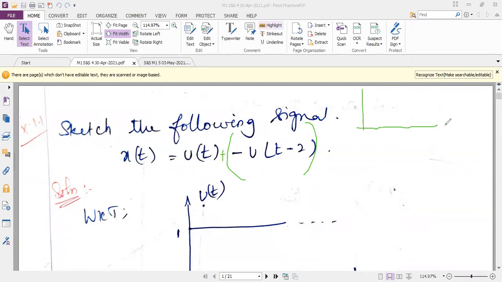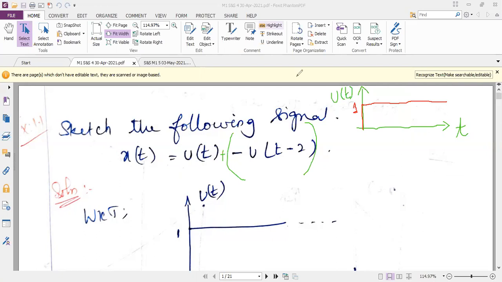Write the solution, everyone. So along the x-axis, I have the time t. It is a unit step continuous time signal. So that's why I can write unit step continuous time signal. So you can see my screen, unit step. So the amplitude is 1. So unit step signal means at 0, the amplitude is 1. And for t greater than 0, the amplitude is 1, whereas t less than 0, the amplitude is 0. So I have successfully drawn the first signal u of t.